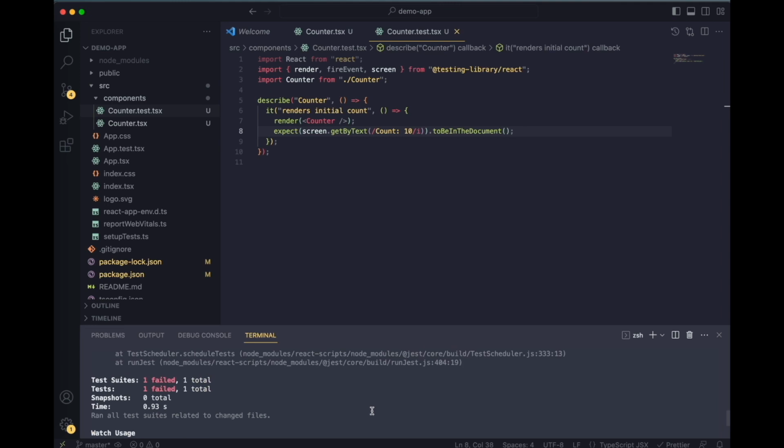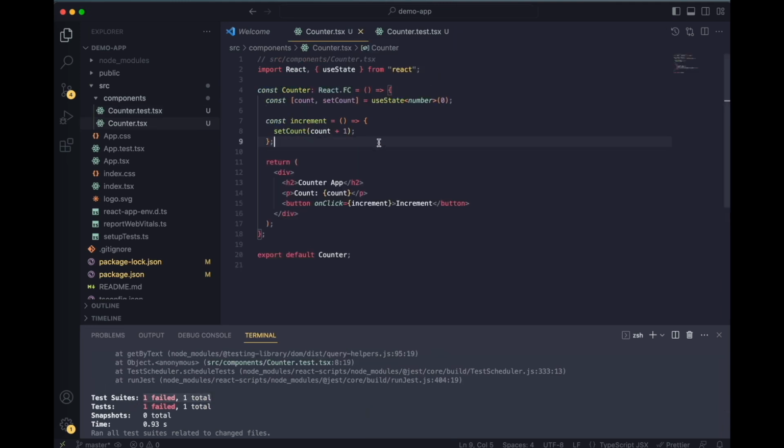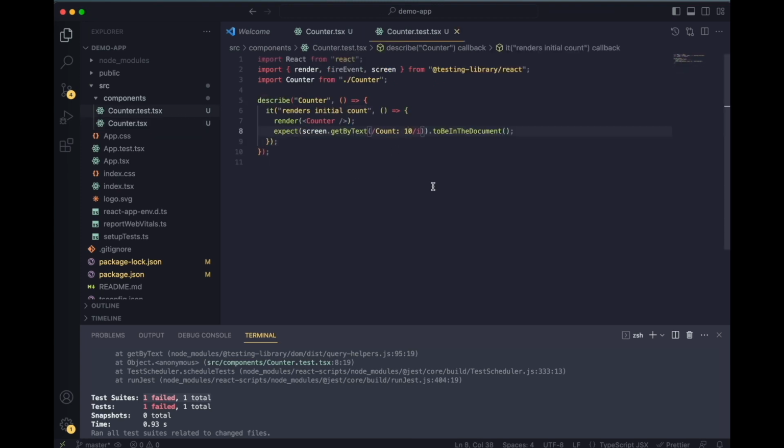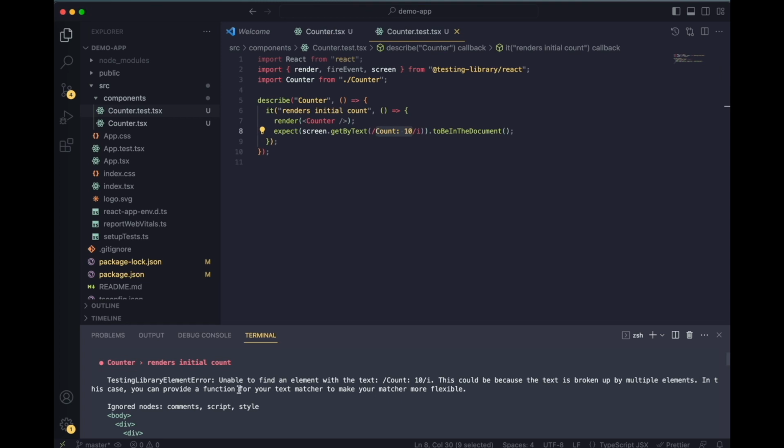The reason this test case failed is because the initial value of our count is 0, and what we're trying to set here is count 10. And don't worry about these brackets, they are just a regular expression. Right now this test is trying to render that component and get this value, but it's not getting that value. If we see the error, it says unable to find an element with text count 10. Now we know that our initial value is 0, so if I change it to 0 and save the file,